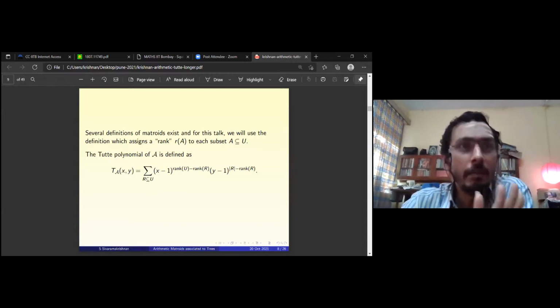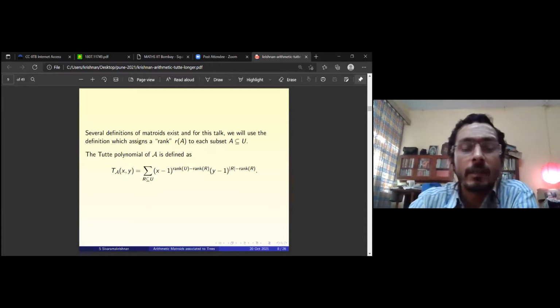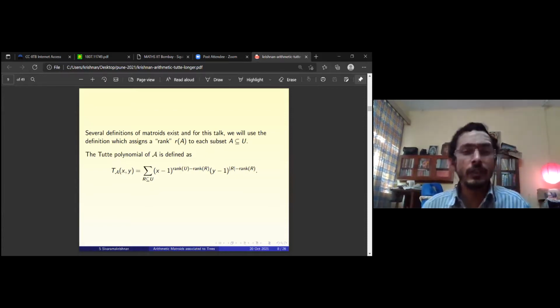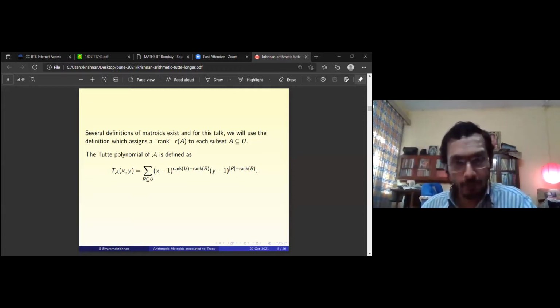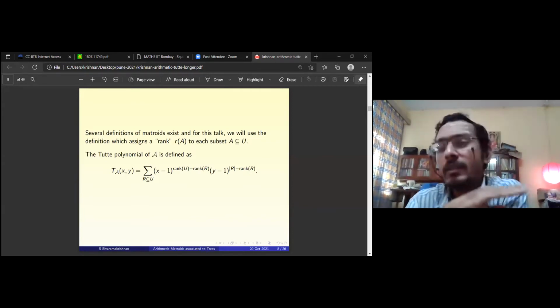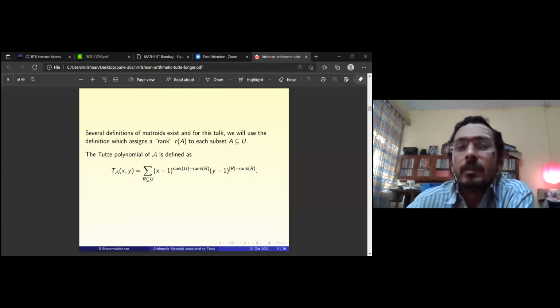So for those of you who are not familiar with matroids, I will sum it up like this: starting with a list of vectors, you can do wonderful things. The good thing about maths is that, of course, you can do things with more advanced objects, but even with basic things you can do wonderful things. For example, if you start with a list of vectors in R^d, you can define good structures and do wonderful things with it. Matroid is one such thing.